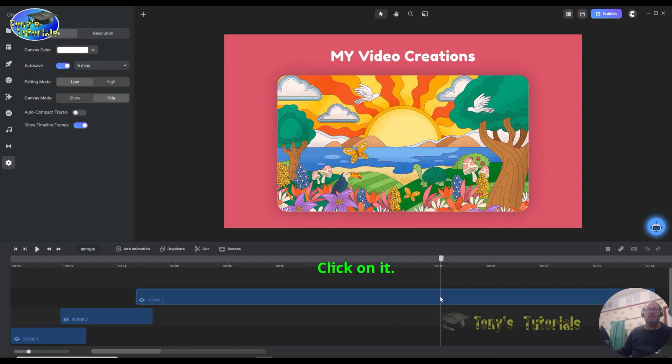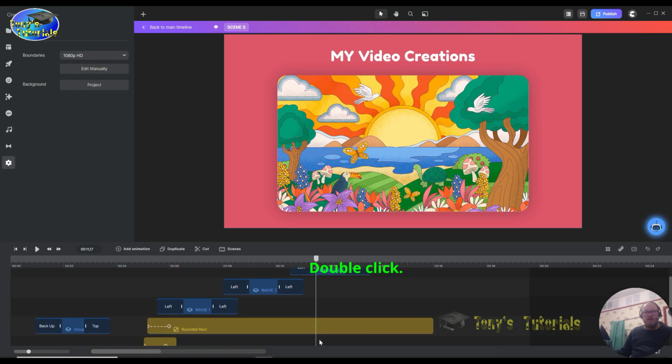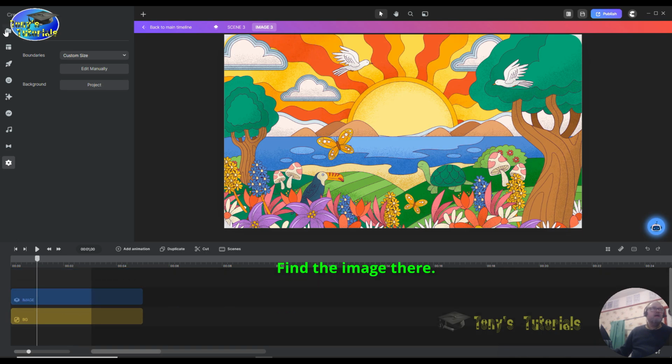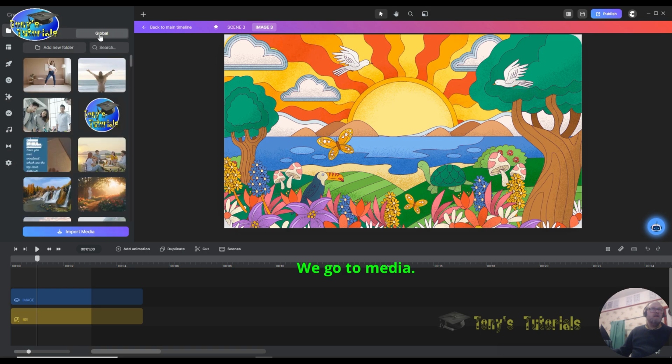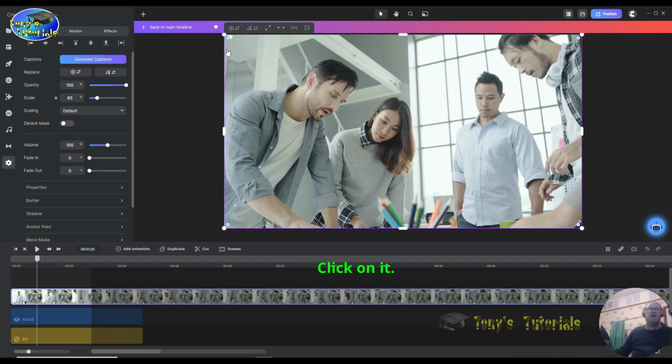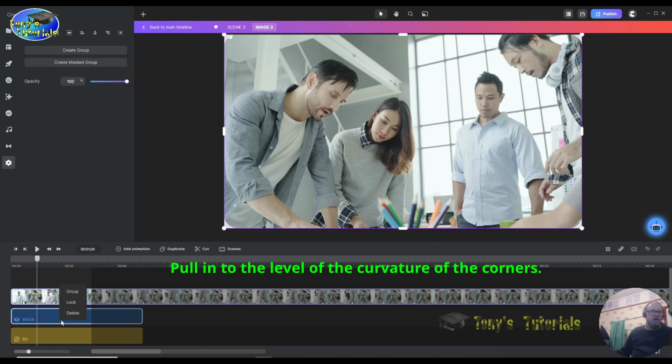Click on it, double click. There's the other one, so we just double click that, find the image there. Yeah, we go to media, global, and we want to put this one on. Just put that one on. Right, so put that on, move it across, click on it, make sure it's the right size, and then pull in till we get to the level of where the curvature of the corners are, and then delete